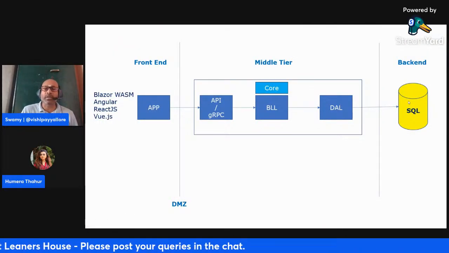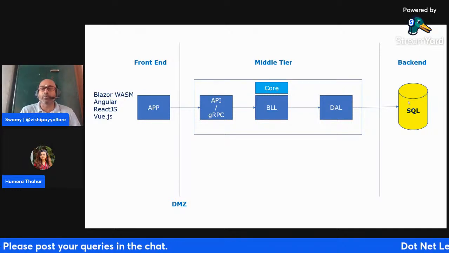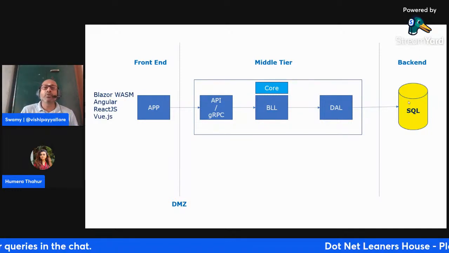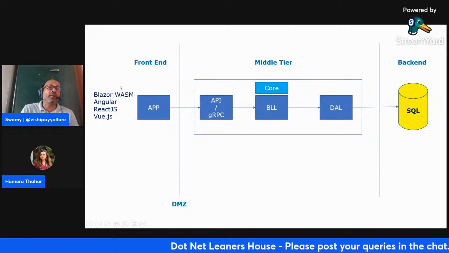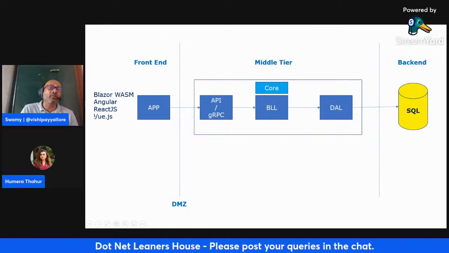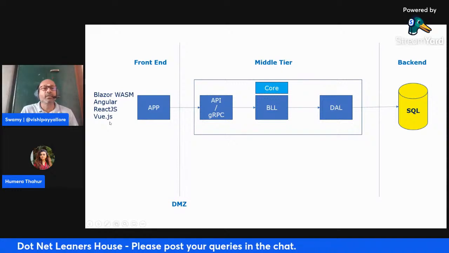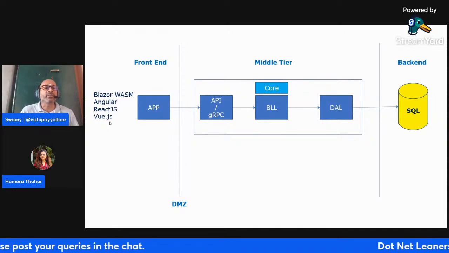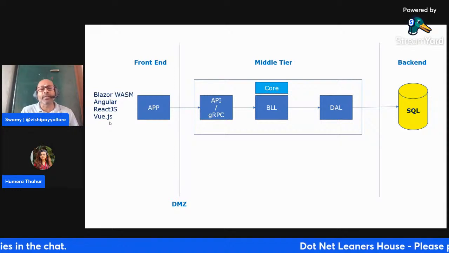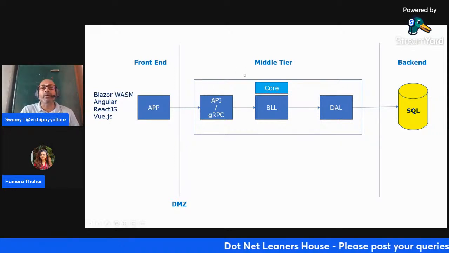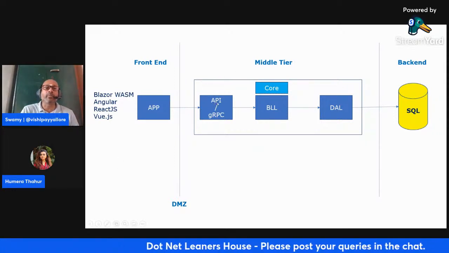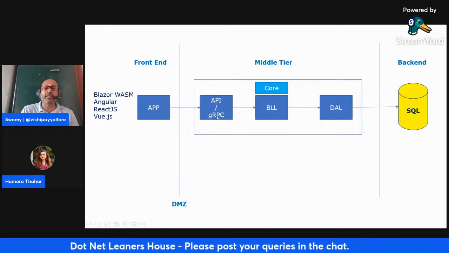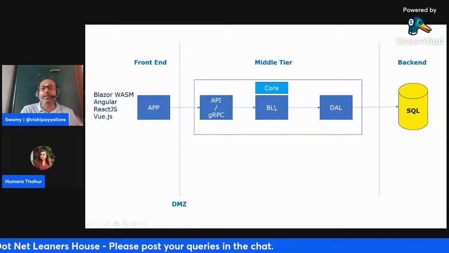the data store, Cosmos or ABC or a simple file, whatever it is, a data store. So you have a middle tier and you have a front end. Front end could be like a Blazor, Wasm, Angular, React.js, Vue.js, and Razor pages, or simple HTML, CSS, and JavaScript. It could be anything. And this is DMZ, and you come to the middle tier, and the middle tier, we can use an API or a gRPC,